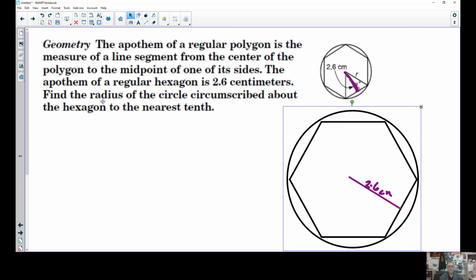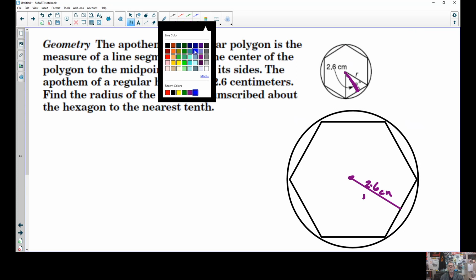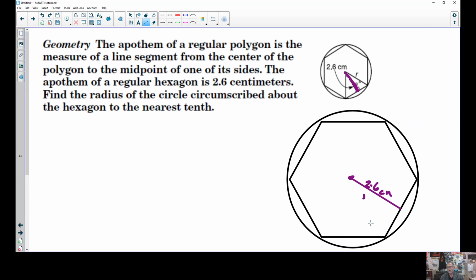All right, so they want the radius of the circle. If I look at the radius of the circle and think about what that means, the apothem goes from the center here to the middle of the side of the polygon. The radius is this thing that's going to go, I wanted to draw that as a line. It's going to go from here to there, but more importantly, it's going to keep going all the way across to there, right? So I don't have a way of finding